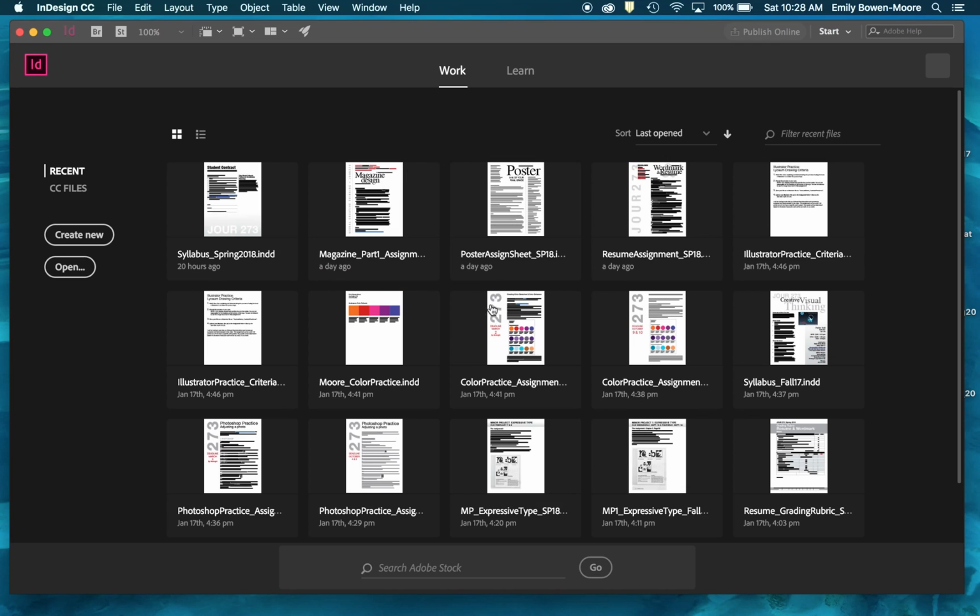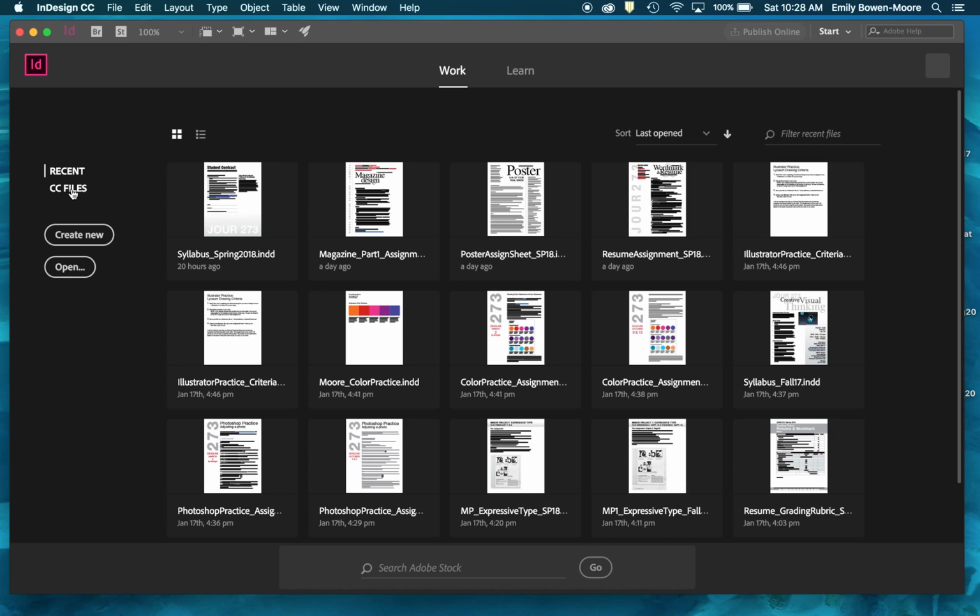You can either click on to start from there, or if you've opened it before, you can probably see a screen like this, and you can create a new or open a past document, and you'll also see that your most recent, if you have several, will be visibly there in a thumbnail